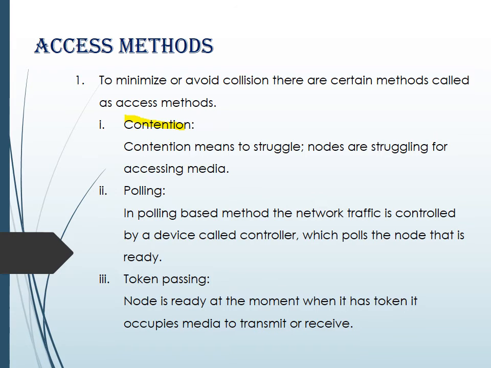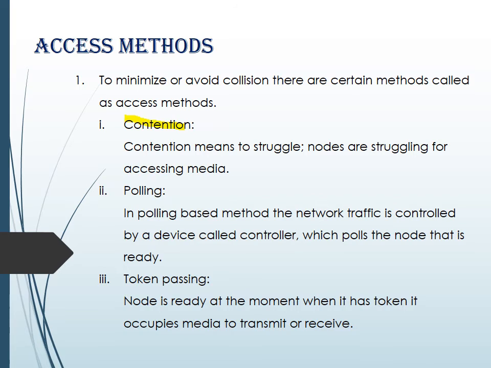So in this, suppose systems are connected in a network and I am going for a contention method. What they are saying is, we can transmit a signal at any time. But if any computer can transmit a signal anytime, then what can happen? A system can break down. Because if two or three computers are trying to send a signal at the same time, the signals may collide with each other. And this situation is called a collision.